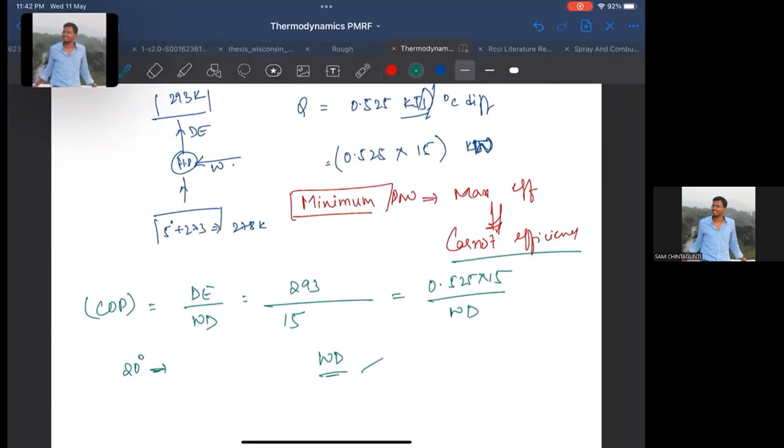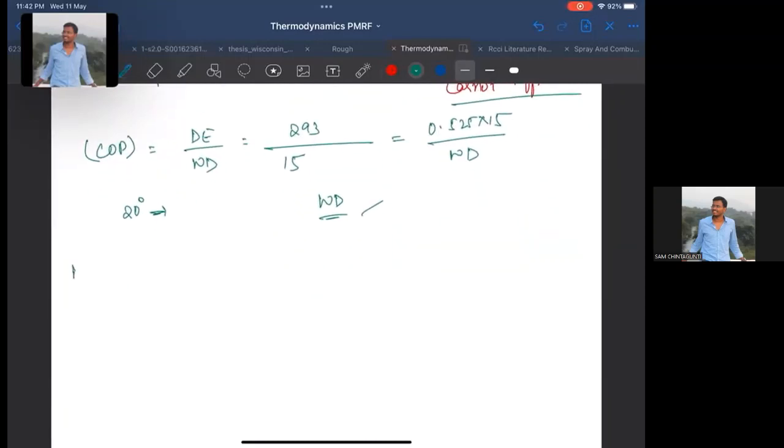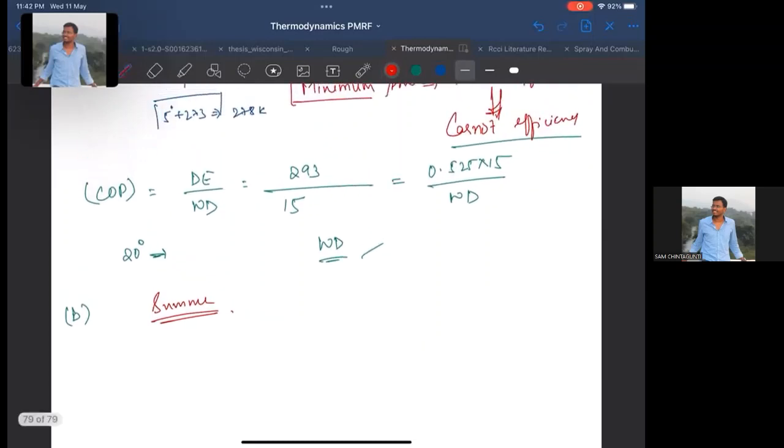Okay. Case 2. Case 2 is the summer case. All right. If the power input is same as in part A, what is the maximum outer temperature for which the inside can be maintained at 20 degrees centigrade? Okay, so we have to find out what is the power. 293 by 15 goes into denominator into